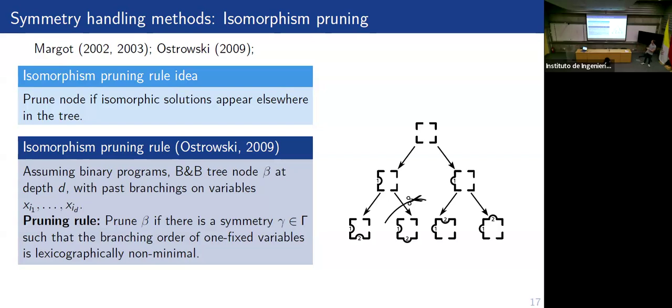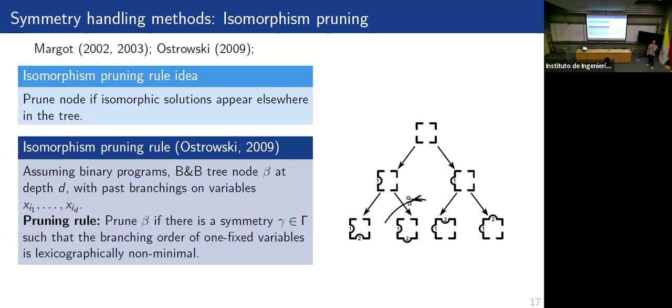And you can actually see it. This partial puzzle piece, it also lives over there. Therefore, yeah, we are allowed to do that. In principle, the representative element that he chooses is the element where the set of one fixed variables is lexicographically minimal. So if you are lexicographically non-minimal, then we are perfectly fine to kill that branching boundary. So this only works for this type of permutation symmetries. Because he defined it like that, yes.